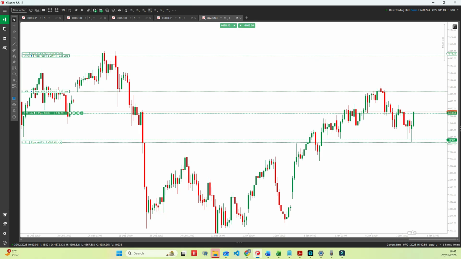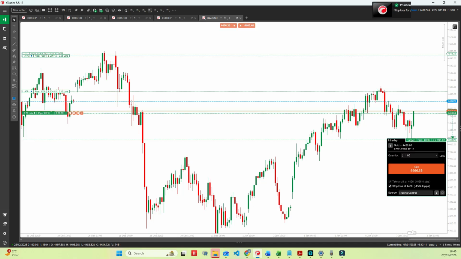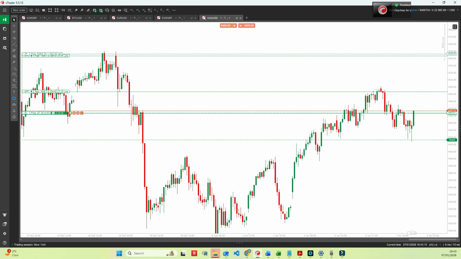Now in case the trade comes in your favor and it gets here, you take a profit of 334, and automatically the stop loss will be moved to this point for you. So guys, this is again one of the brilliant features in cTrader that we can use to manage our risks. We don't need to wait all the way from where we took the trade to this point, which would take